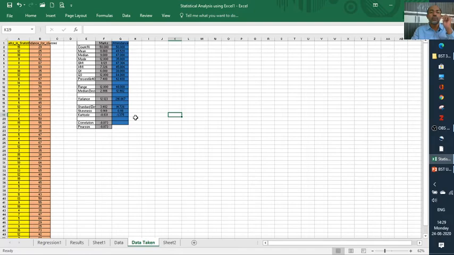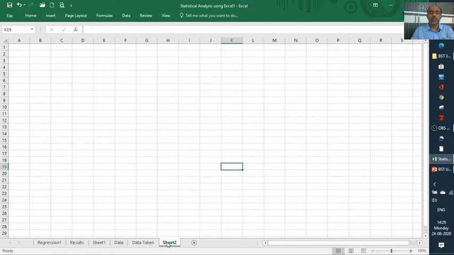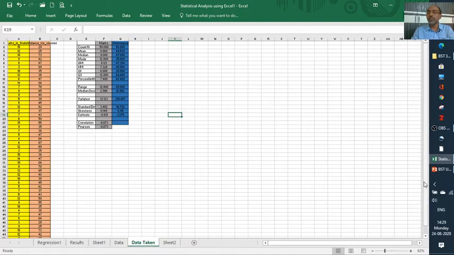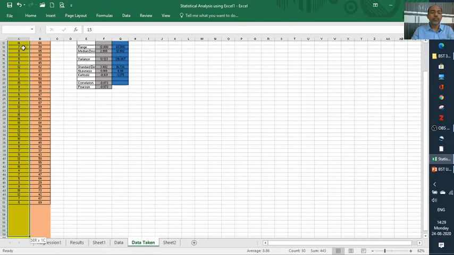So we'll go with each formula one by one. The range is A1 to A51.